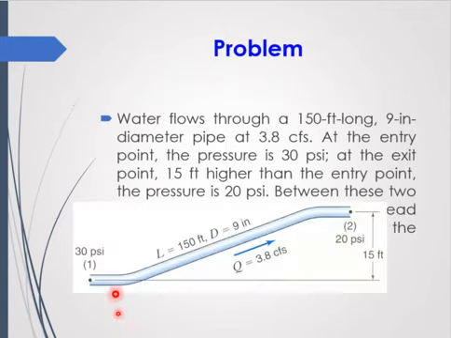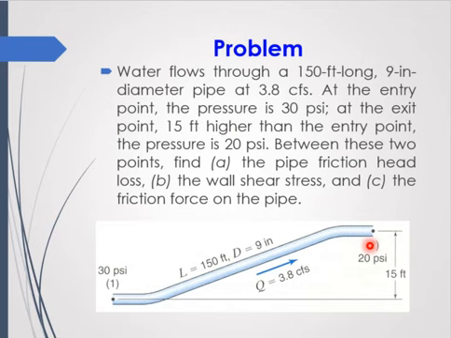Now we will solve a related numerical. So the statement is, water flows through a 150 feet long, 9-inch diameter pipe at 3.8 Q6. At the entry point, the pressure is 30 psi. At the exit point, 15 feet higher than the entry point, the pressure is 20 psi. Between these 2 points, find the pipe friction head loss, the wall shear stress, and the friction force on the